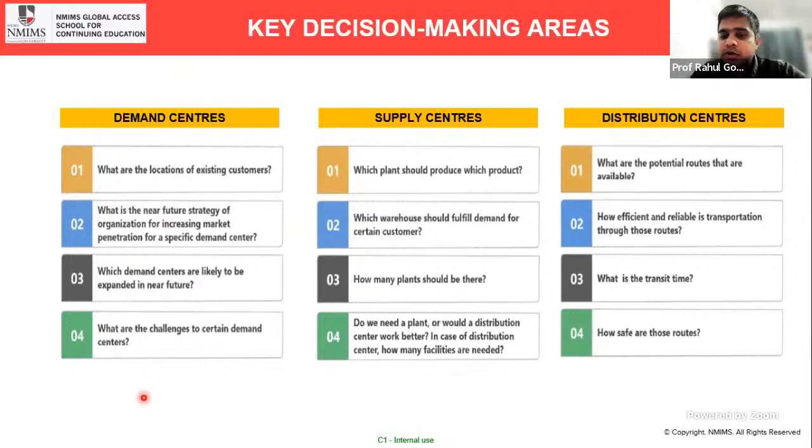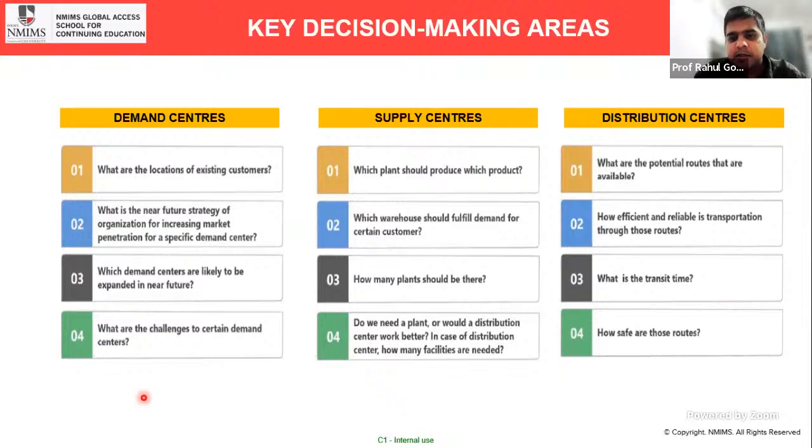When we come to distribution, we are talking about multiple routes, right? What are the potential routes that are available? How many transporters are available to provide their services? What is the transit time? What is the safety aspect? So these are some of the decision areas, and you will see that these problem statements are very, very different from what we had seen in demand and inventory. So very unique, and they need a very different treatment,